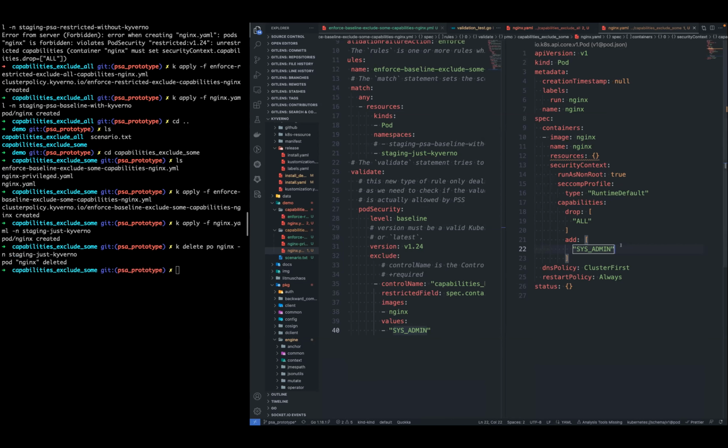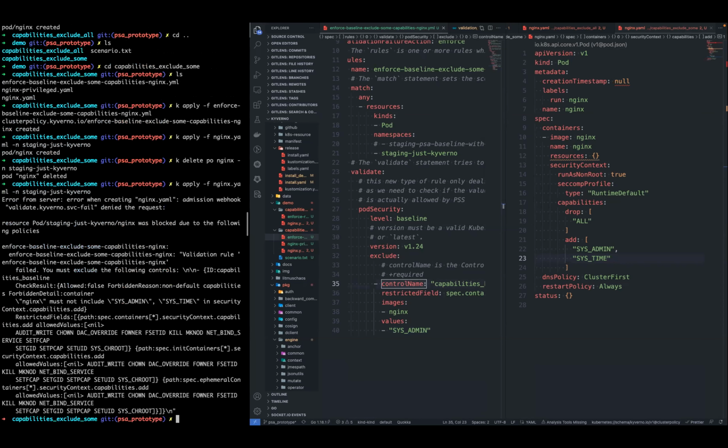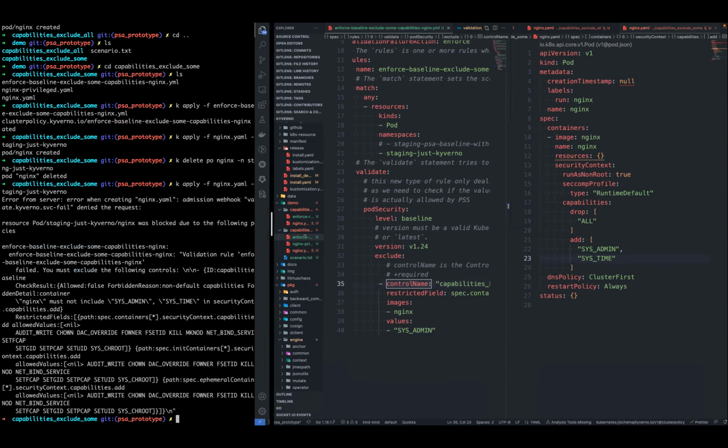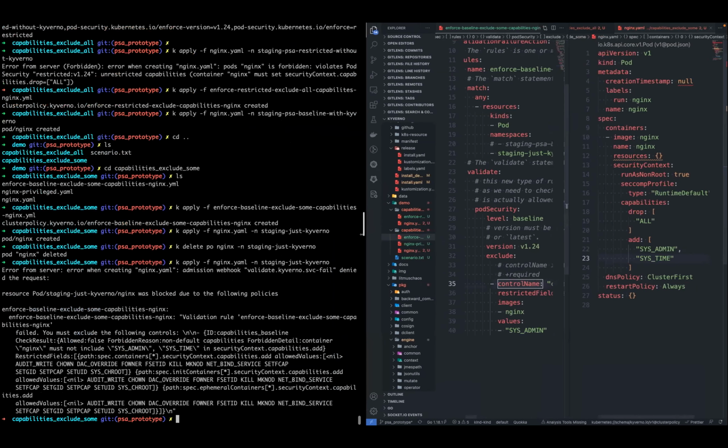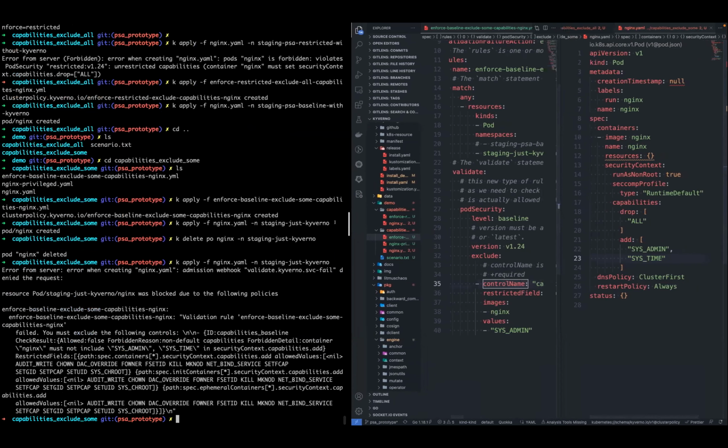Imagine that I put something here, another value, like, I don't know, SYS_TIME maybe. I'm not quite sure about that. And we try to create that. Normally, it would be forbidden, right? Yeah. So we have a message here. This is not well formatted for the time being, but it says that we have the SYS_ADMIN and SYS_TIME on the capabilities add values, and we have to exclude all these